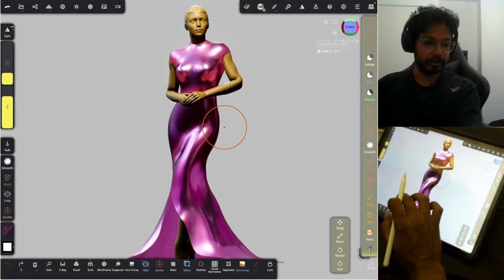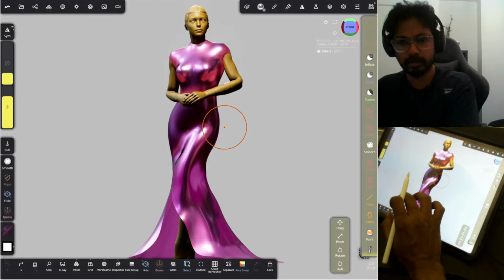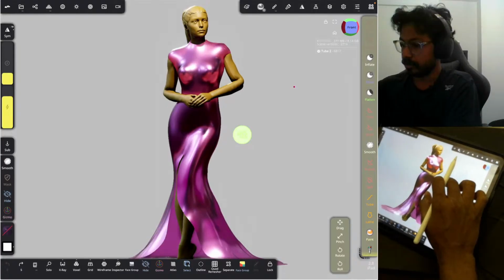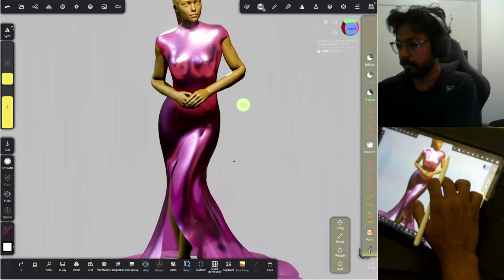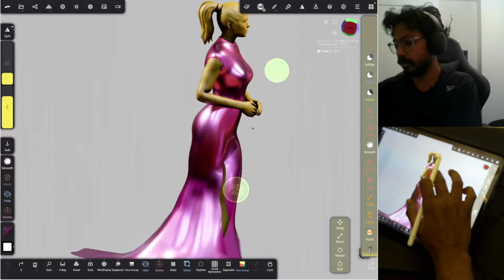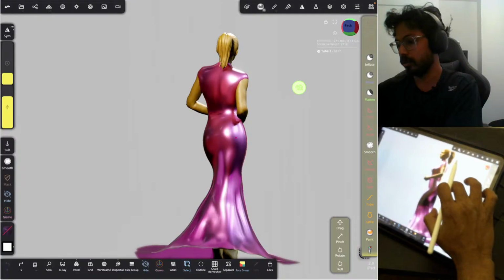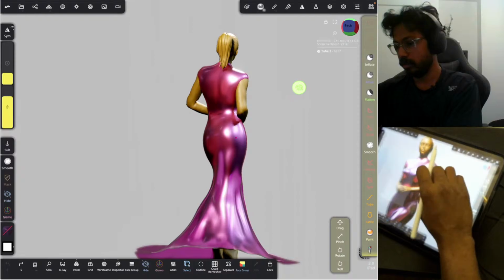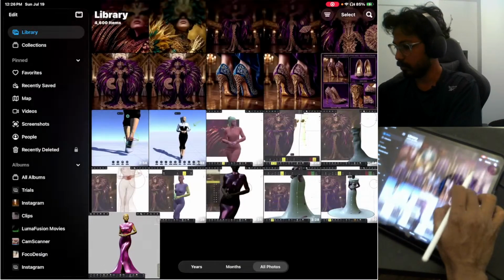Hey guys, today's broadcast is going to be on how to design this dress using Nomadsculpt and the Tube tool in it. Let me explain the process. And to be clear, I'm not going to model this character, because it was created to replicate one of my